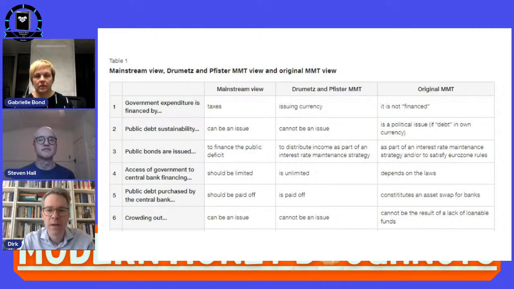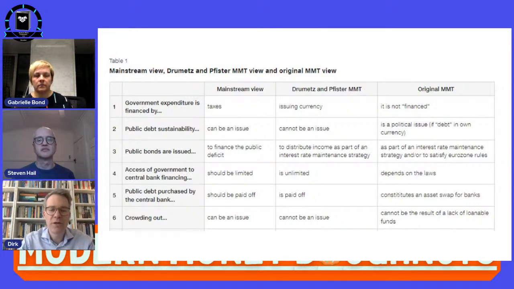She doesn't. At least in Germany, the word finance is very specific. That means you have to have some kind of income before you spend some kind of money. So that means you need money in order to spend money. And then, of course, MMT says that the central bank, which is making the payments for the government, is a currency issuer. And as currency issuer, you can only spend, but you cannot finance. There's no technical possibility to finance.